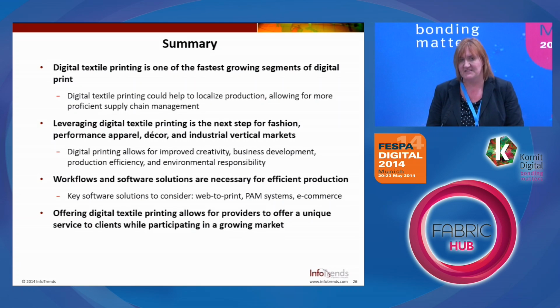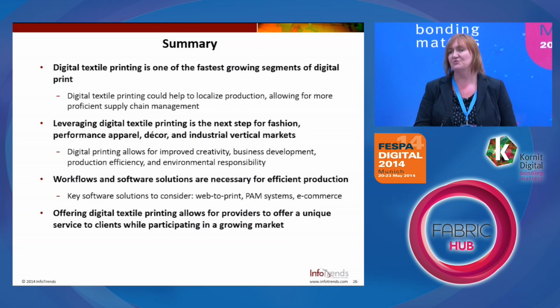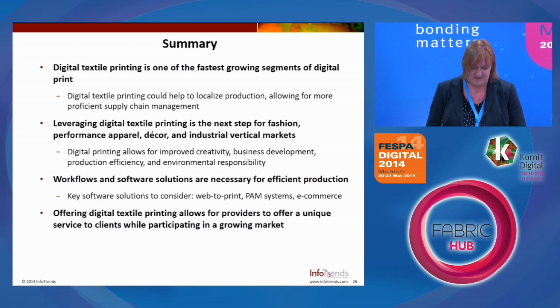But if you remember back to the slide where we were talking about how big it is, it's still 1.5% of a huge market. So it's got a lot to do, and you're just at the beginning of it. But we would say that there are an awful lot of hiccups and complications, and workflow and software solutions are necessary for efficient production. So, web to print, PAM systems, e-commerce, all these things will change the way that you have to do business in order to be successful with this technology in these segments. And it has been done,